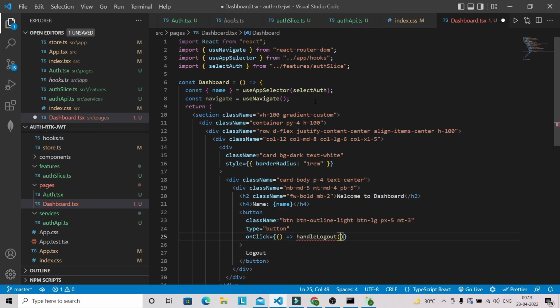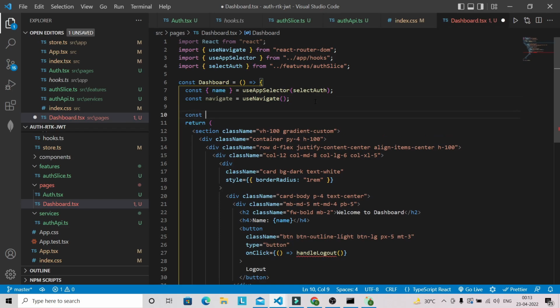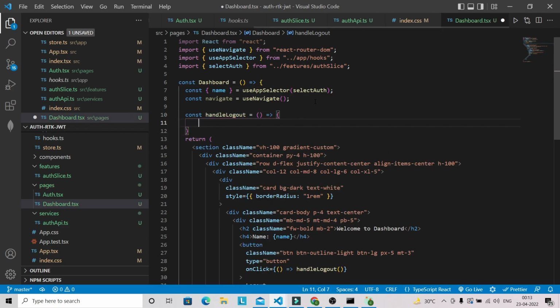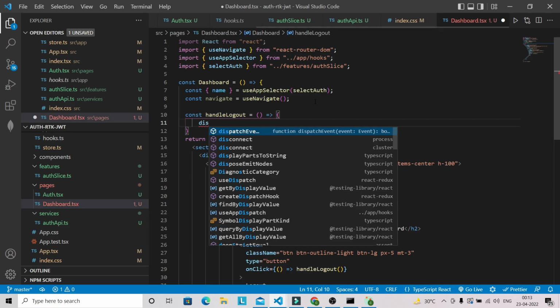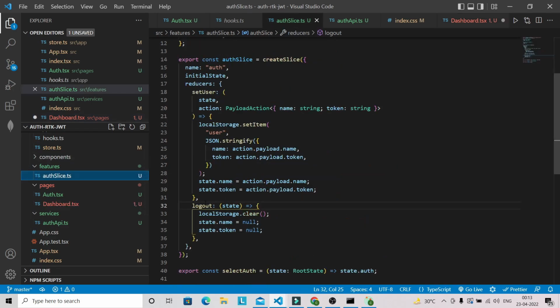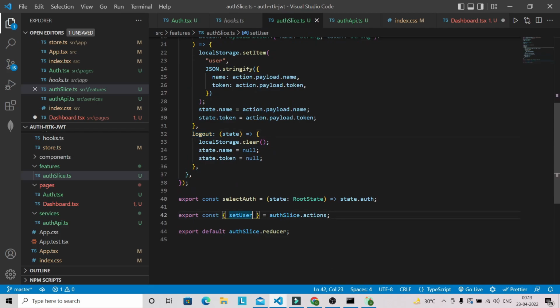Let's define this handleLogout. So we can dispatch this one. So we have to dispatch that logout function that we have created here. So we have created this action, but we never exported it here. So first let's export logout here,